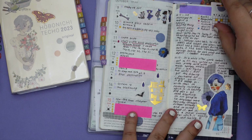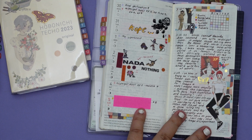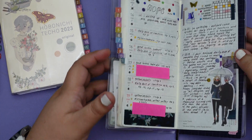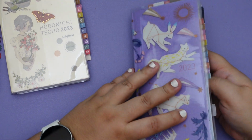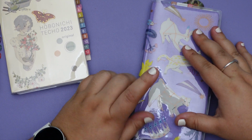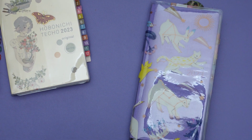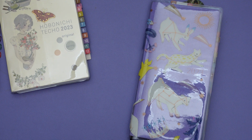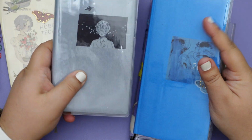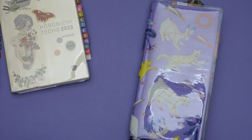Consistently. Even if I'm not filling this in every day, I keep track of what I'm watching, what I'm reading, what I'm consuming, and I come in and I fill it in. So this has been a huge success. I don't know yet if I'm going to be continuing my media journal in a Weeks. I did purchase a Weeks for it, right? Like we have our new Weeks here. I'm going to be posting what I did to decorate these covers. So I did purchase a Weeks in preparation for next year, but